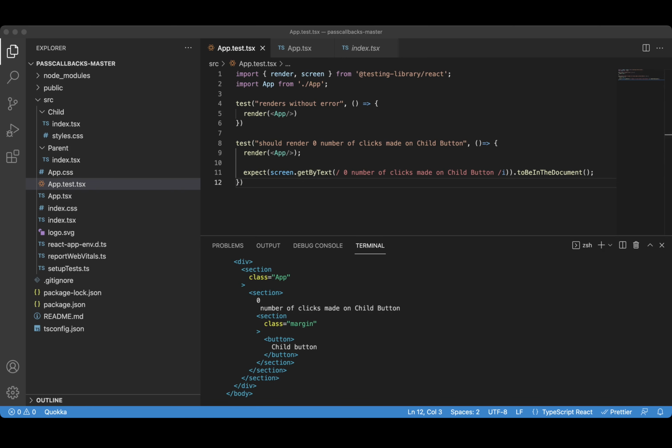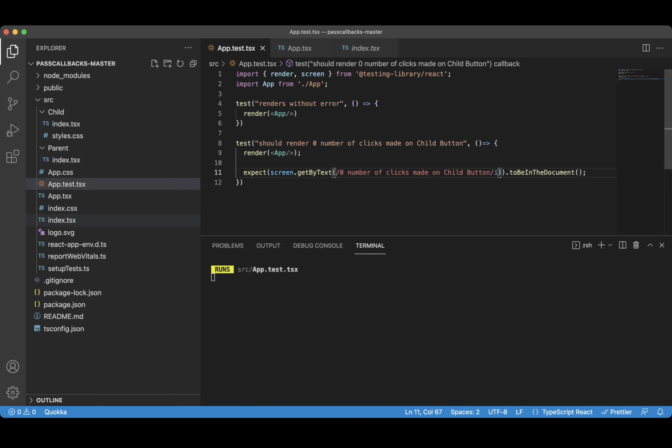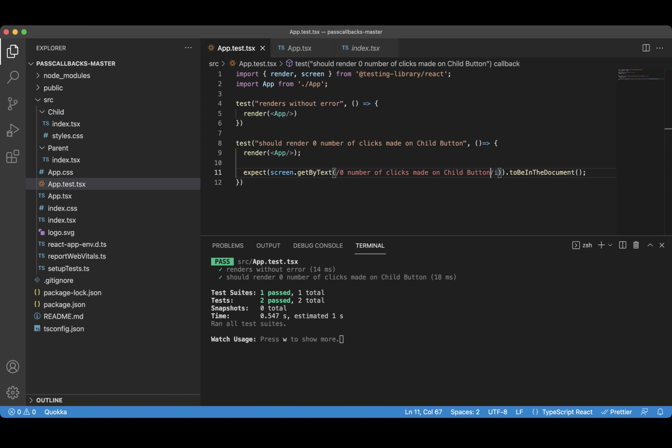Okay, I'm not sure what's wrong here. Maybe these spaces which I added. So it's not ignoring them. Yeah, so it is about spaces. And like I said, in general,